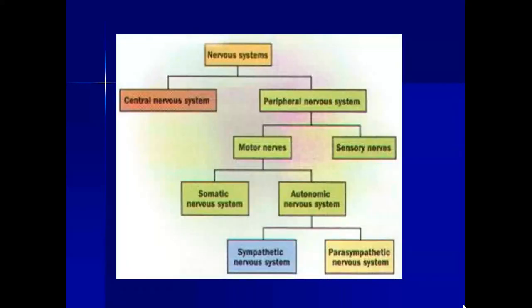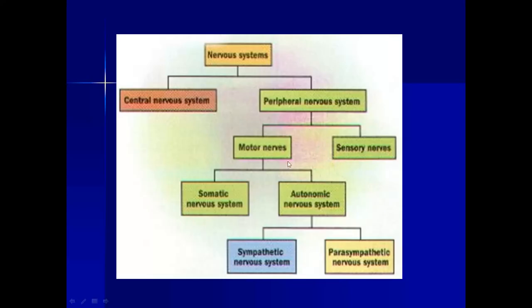Let's take a look at the branching and the overview of what the nervous system is. The basic thing to remember is the central nervous system is composed of the brain and the spinal cord, and the peripheral, which you see has several divisions there, is everything else. So all of the nerves outside of the brain and the spinal cord are contained within the peripheral nervous system. That includes things like the cranial nerves out of your brain, and the spinal nerves off of each portion of your vertebrae, sensory and motor neurons, basically from the peripheral nervous